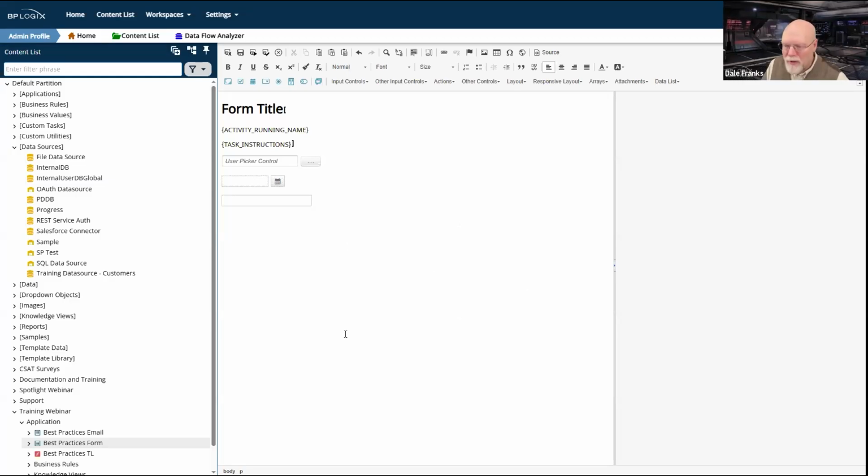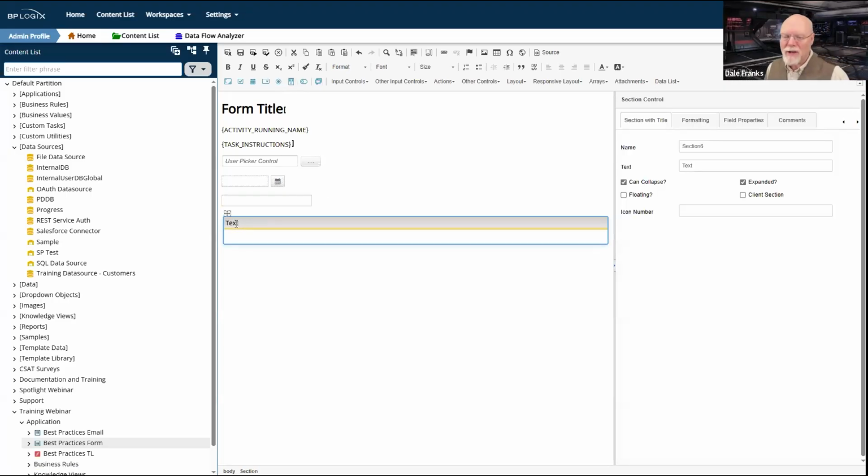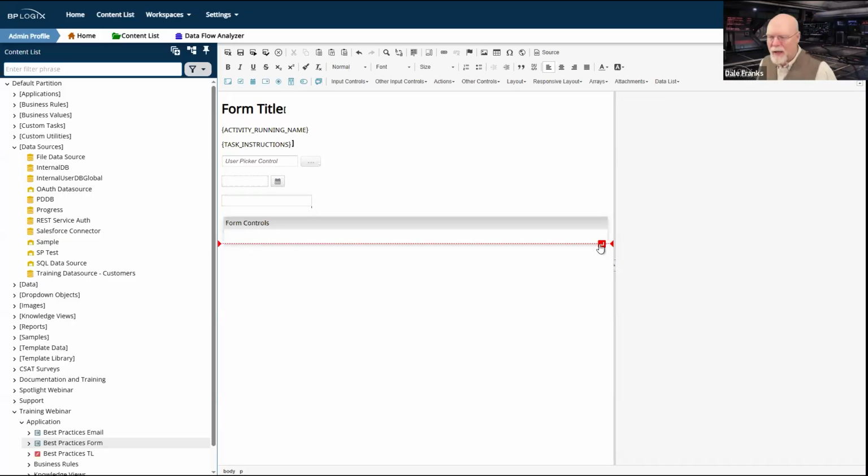Obviously, I'm going to throw a whole bunch of other form controls on this form. You should probably use sections to split your form up. So these three controls technically should be in sections. I should have some sort of section here in the middle of the form that has my form controls for submission. I might have another section for the approval section that might have its own form controls, whatever. Right now, we're just going to have this as a placeholder for what the actual content of the form is going to be.